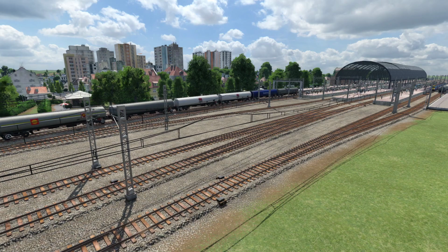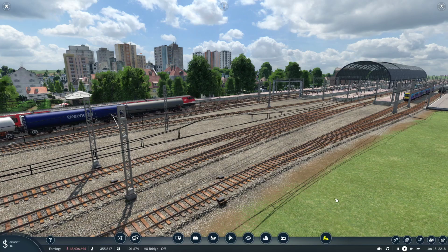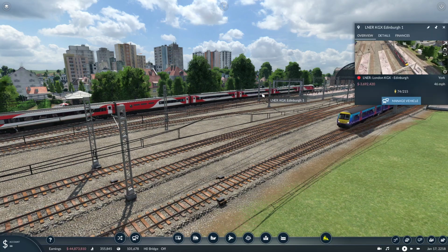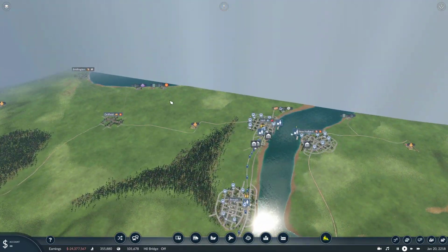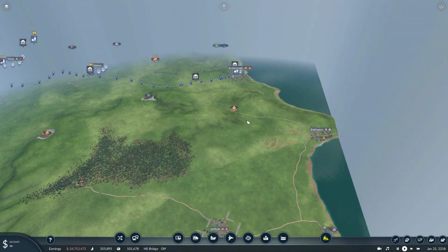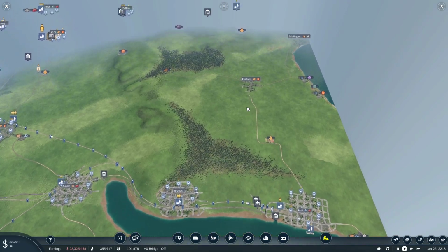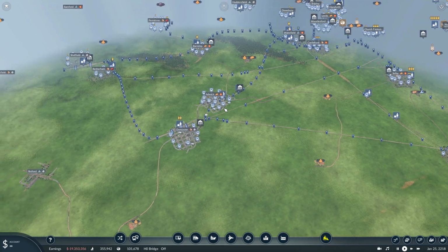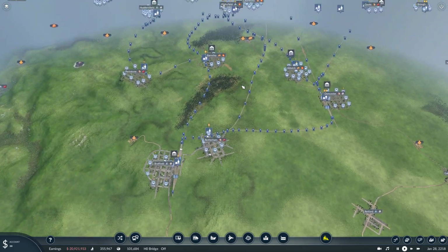And yeah, so this is episode 2. And in this episode, we are going to be actually building something, unlike the introductory episode. There's an L&ER service, there's a Redcar service. We are going to be building the line between Hull and Scarborough. So that will allow us to have Northern services from Hull to Scarborough, and also I'm going to do a sort of semi-fast Northern service from Sheffield to Bridlington,